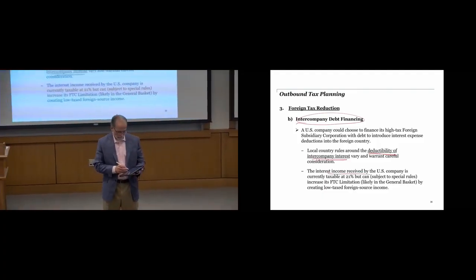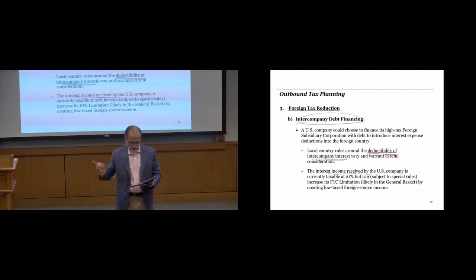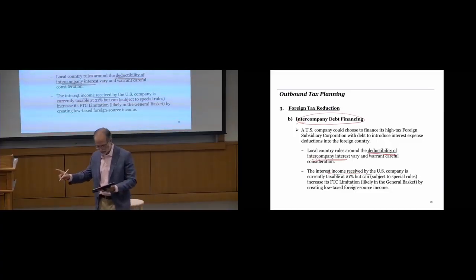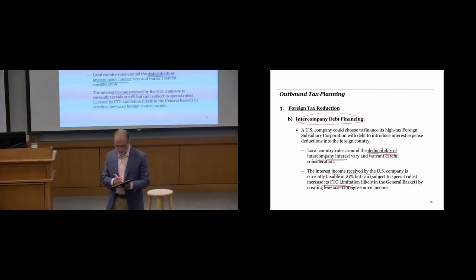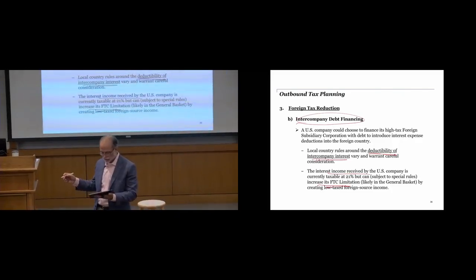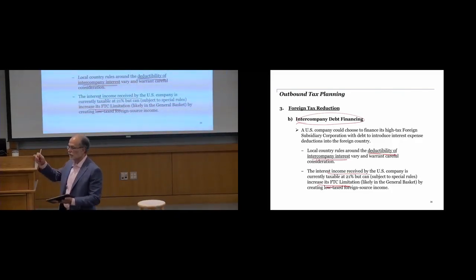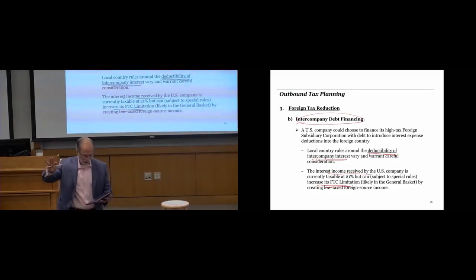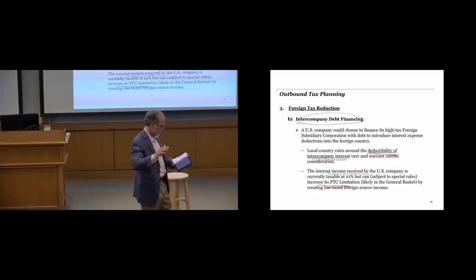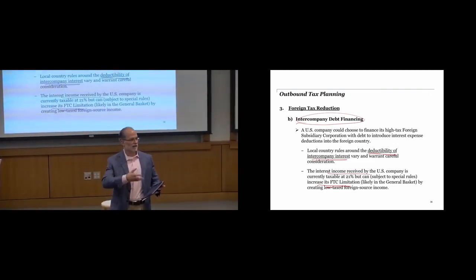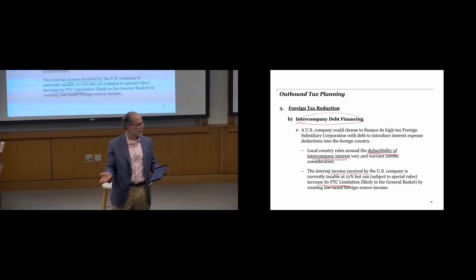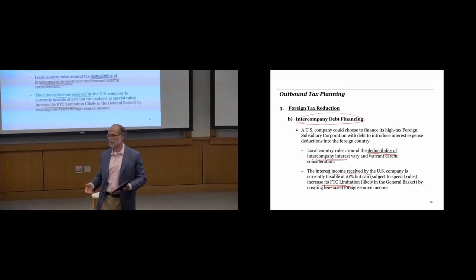Okay, so interest income received by the U.S. is currently taxable at 21, but you might be able to get a deduction at 30-plus. And it might be able to increase its foreign tax credit limitation. We have 4 baskets, and this would probably be in the general basket, by creating low tax foreign source income. So again, thinking through the lifecycle of these things, and what basket are you going to place the income in, and what's the foreign tax credit profile in those